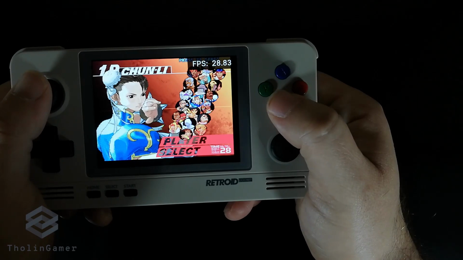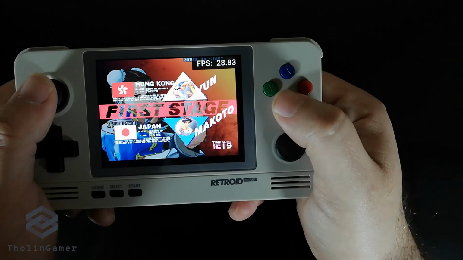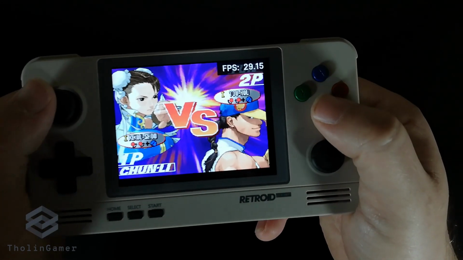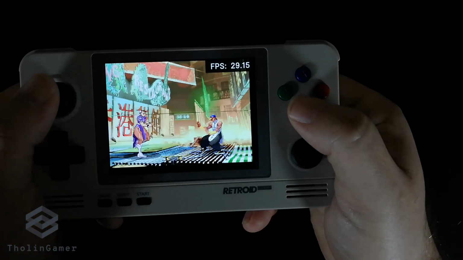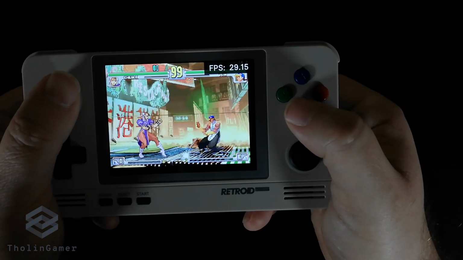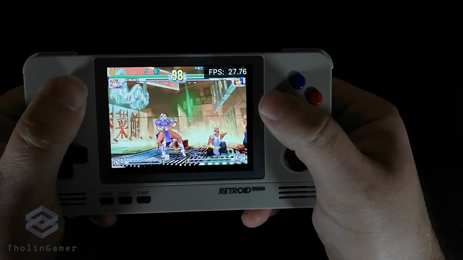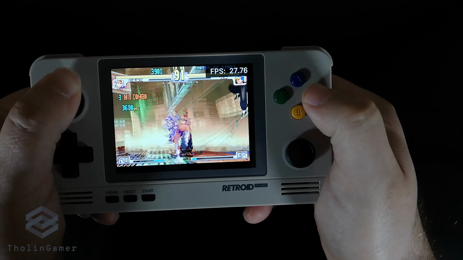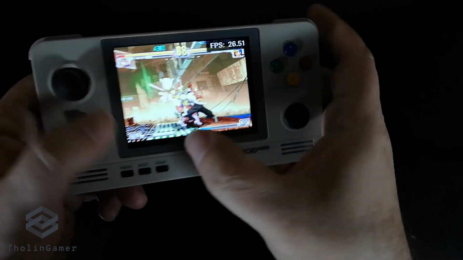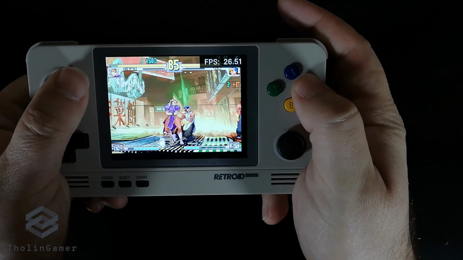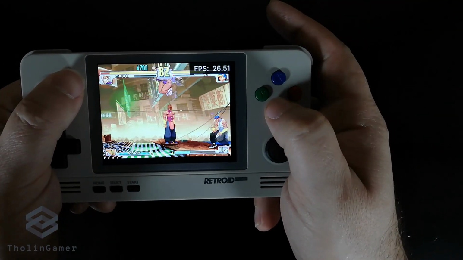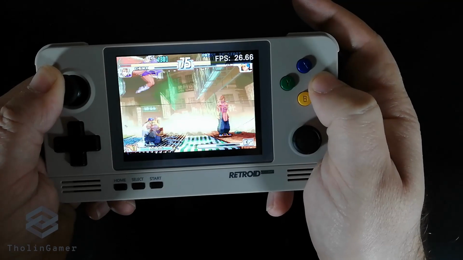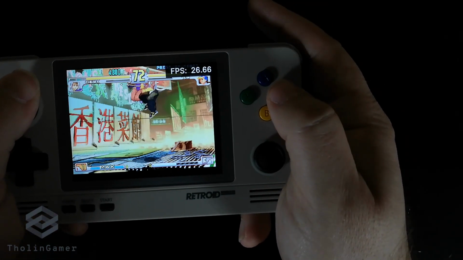This is of course 2D with excellent animation and amazingly drawn characters. We are going to have our first fight, and as you will see, there are no issues. The frames per second are close to 30, so all in all it is a very good performance of this game. As you can see, again, no control problems, no input lag, the animation are perfect. You won't notice any flickering or any other types of issues with Street Fighter 3, and of course, if you are a fighting game fan, this is one of the games that you must play.